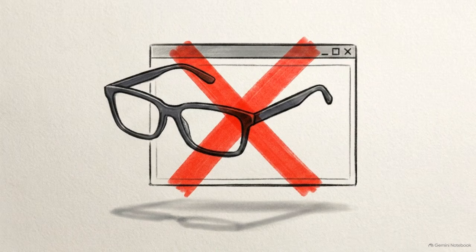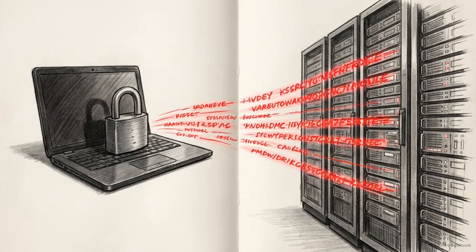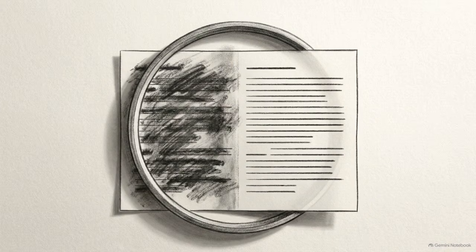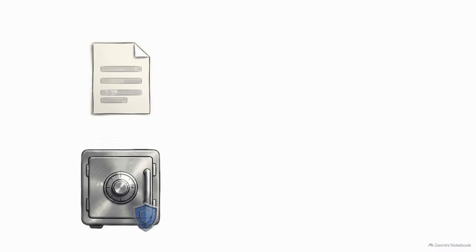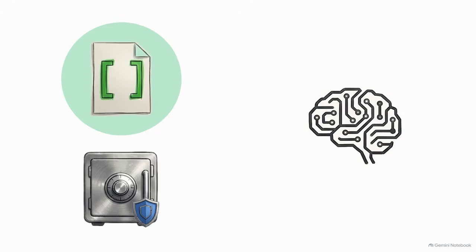It is a common misconception that turning on a private browser window protects you. Browsing in incognito mode only hides history locally on your machine. It does nothing to stop the AI host servers from logging your text. Today, we are going to build a workflow to sanitize your prompts. By the end of this video, you will know exactly how to leverage generative AI without exposing personally identifiable information